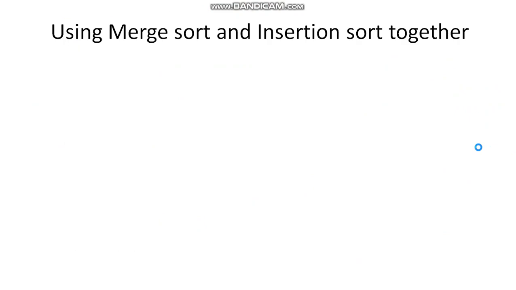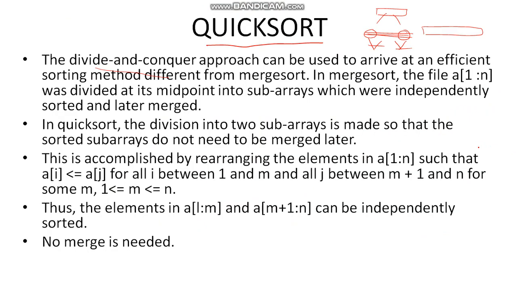About quick sort, the two powerful things about it are that it does not require merging, and it requires again only n amount of space. It does not require 2n amount of space. So it is saving the space as well as the time, and it is faster. This is very powerful.